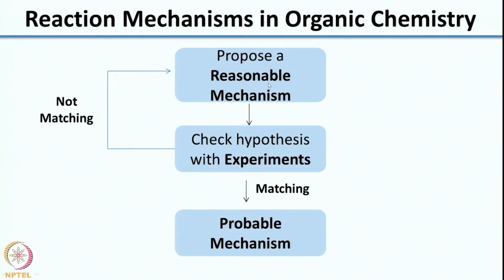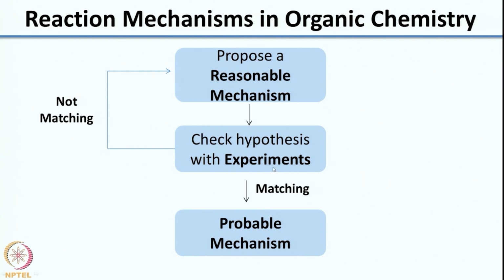So, what we have been doing over the past 8 weeks is we have been looking at ways to propose a reasonable mechanism. Once you propose the mechanism, check the hypothesis using experiments. If the experiments are matching, then you can say yes, this is the correct mechanism. If not, you need to go back, rewrite your mechanism and again check it. So, it is a cycle, a loop which will be useful in determining what is the probable mechanism. So, I had shown you examples from chemistry and biology where people have used these kind of experiments to confirm